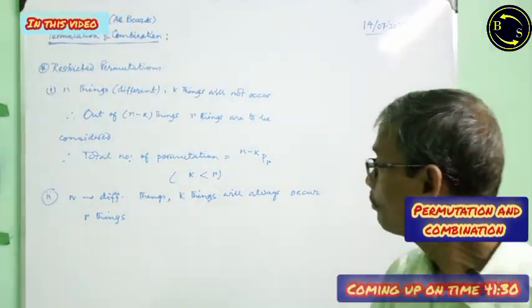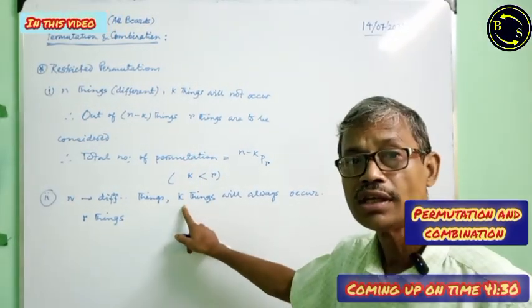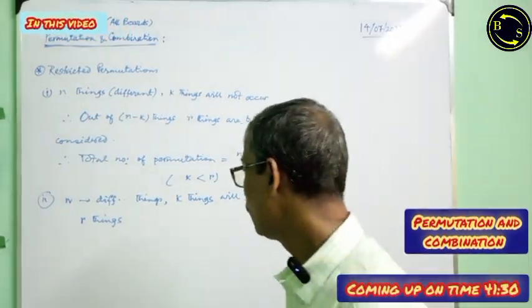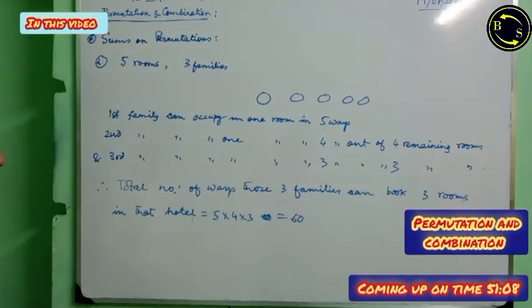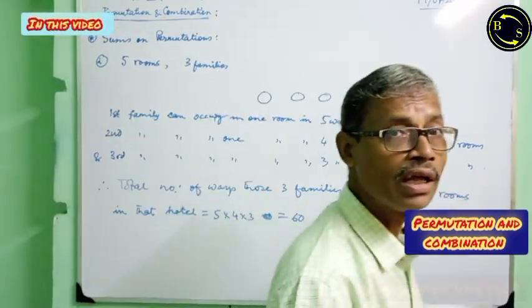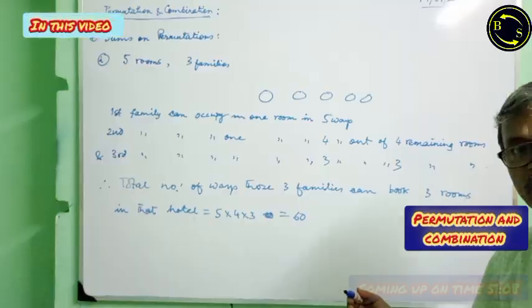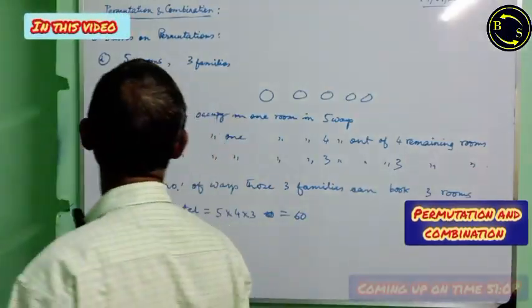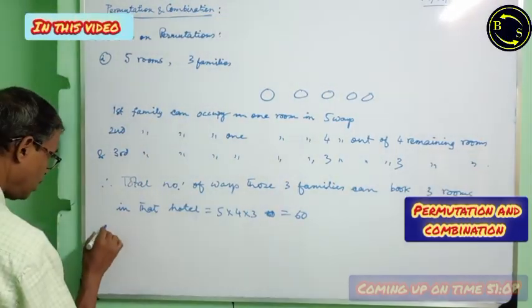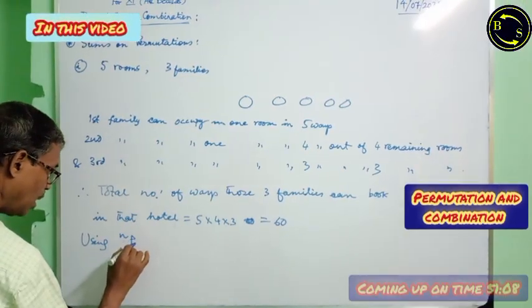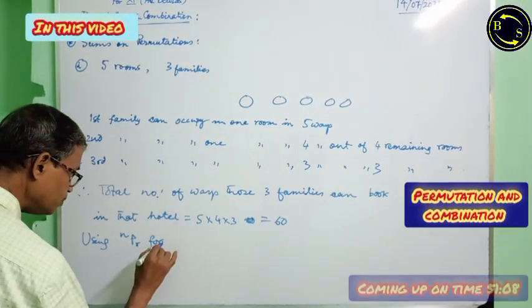We first take k things from those r things and permute. Here I have not used the formula of NPR. Now with the help of that formula, using NPR formula,